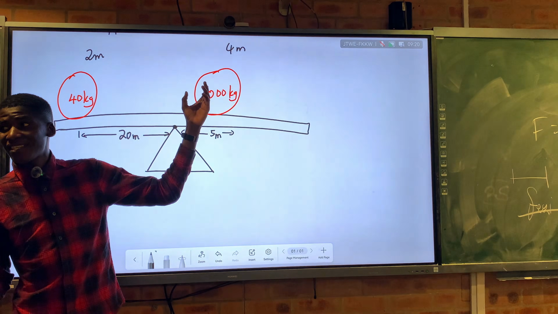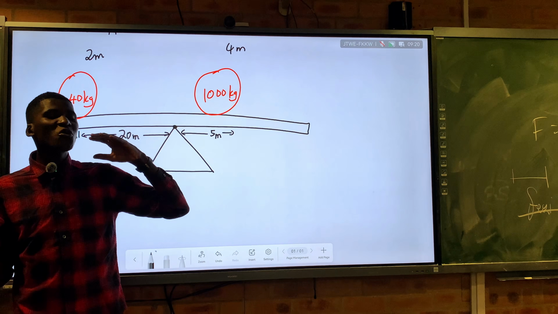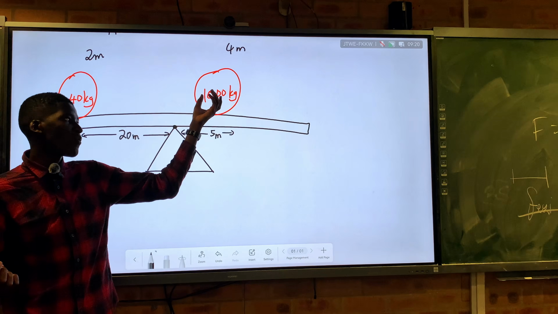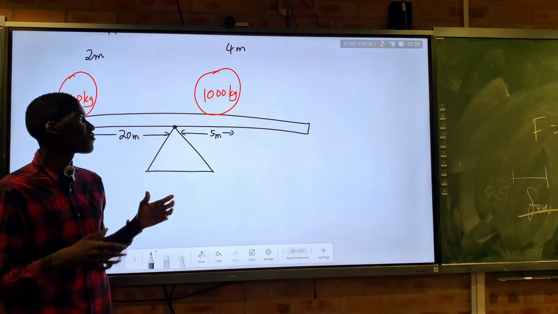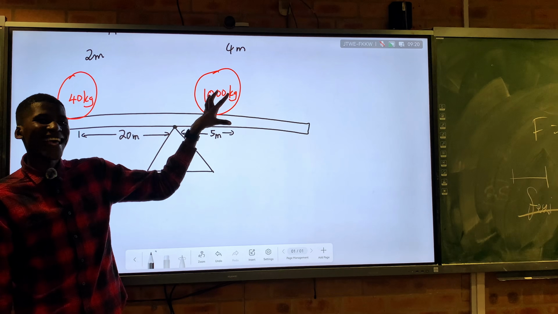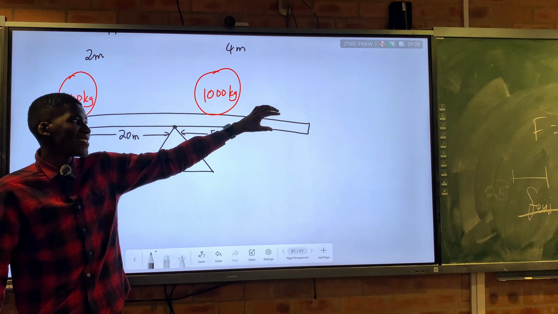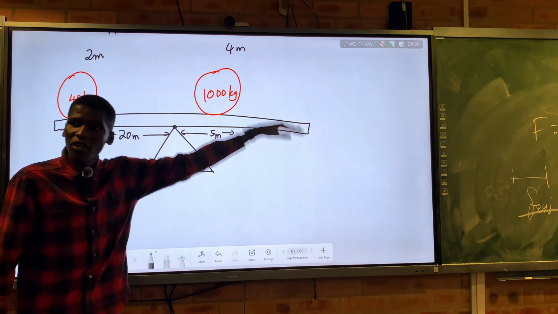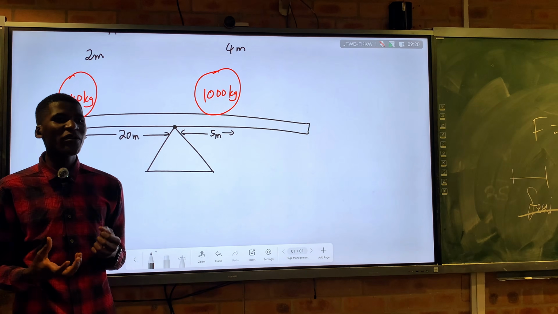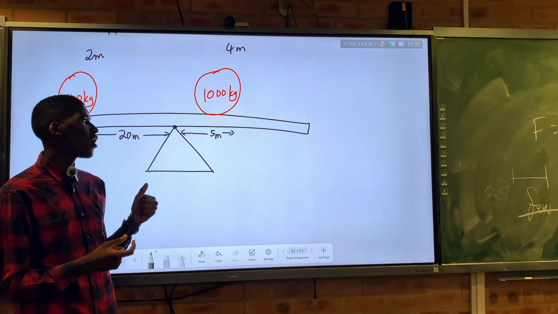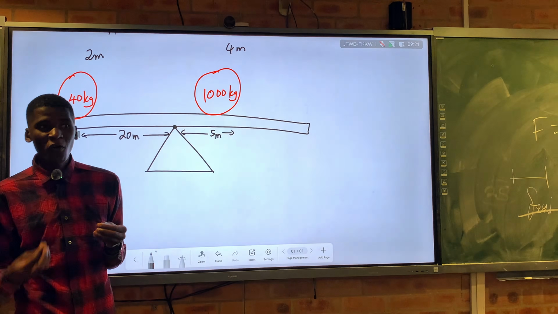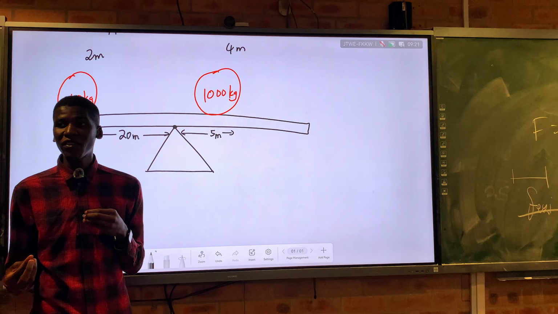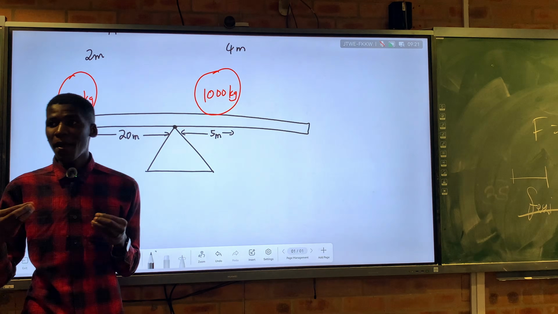It is 1000 kilograms, but that does not always mean this one will actually fall in that direction, because someone will tell themselves, if I put a heavier object on this side, then this seesaw will do what? It will rotate downwards. But that's not always true, because torque or rotational motion does not only depend on the what? On the force. It also depends on the what? On the distance from the pivot.